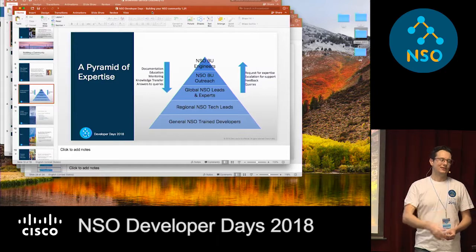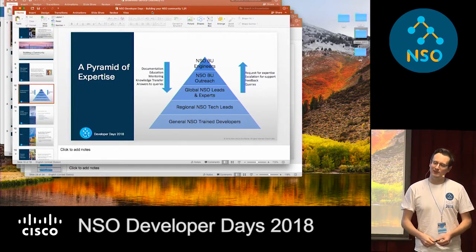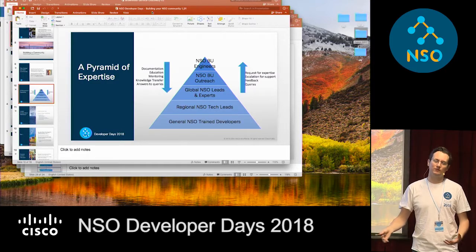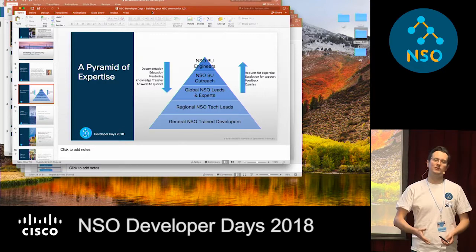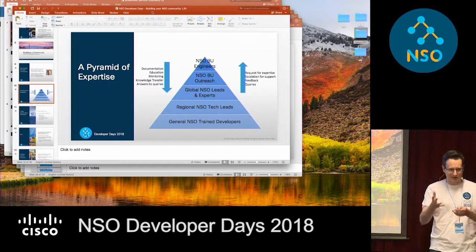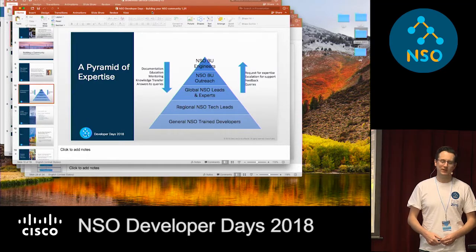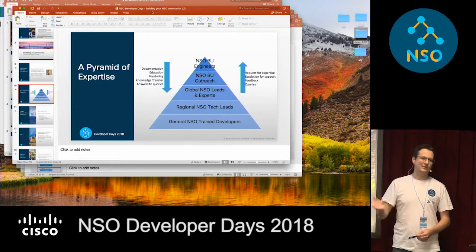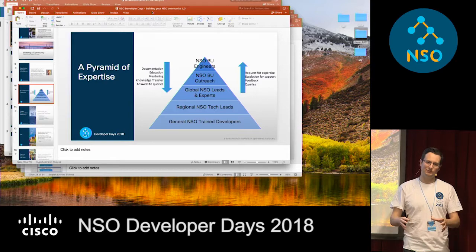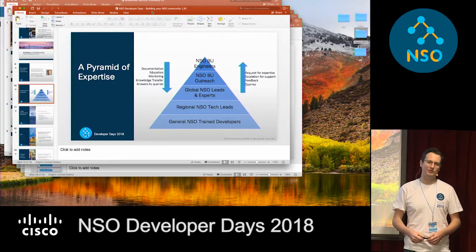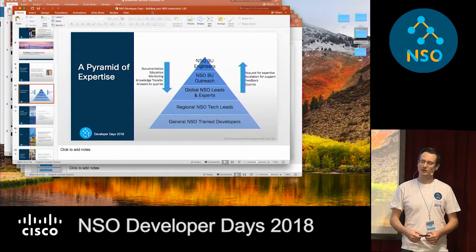But then for us, when we have challenges, that's when we reach out to the broader community. So for us, that's pretty much Jan and Jan's team, there's an outreach team in the BU who support our activities. And then their escalation point is to that really small core team of engineers who build NSO, the people writing the code, the people writing the documentation.